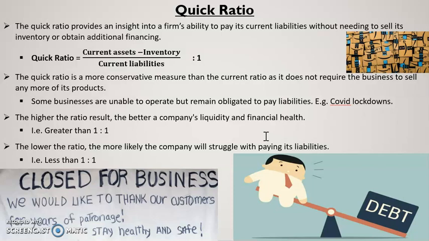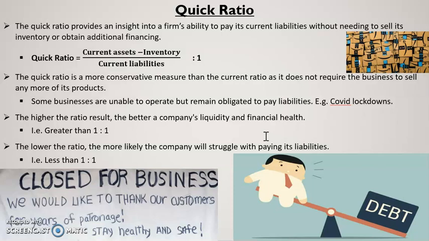So therefore, if a business finds itself in a position where it's unable to sell any further products, the value of its inventory doesn't reflect its liquidity, because it would not be able to turn that stock or inventory into cash. So that's a reason why the quick ratio doesn't include inventory, and we can consider this to be a more conservative measure. A more conservative measure, we can take this to mean that it's less optimistic about the business's ability